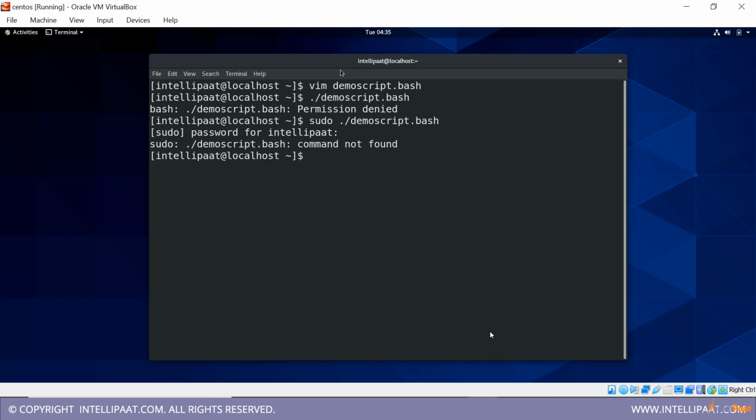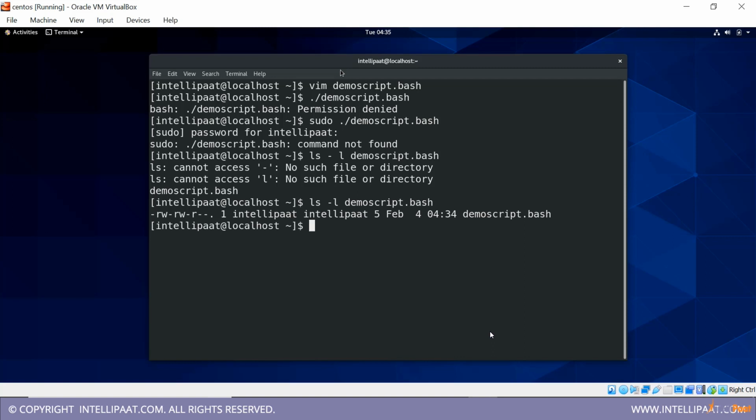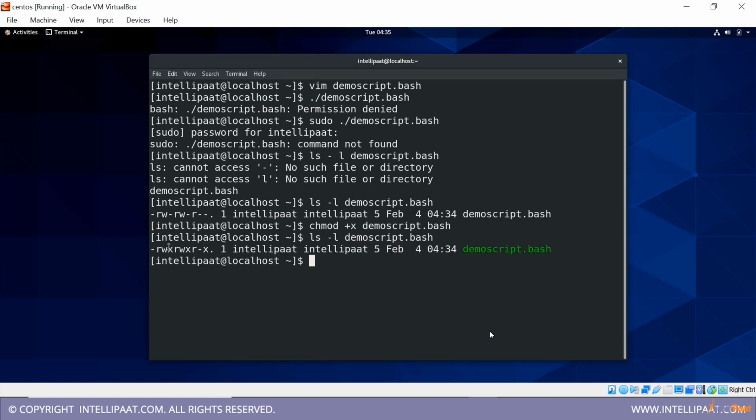Now let us see. You can see it does not have execute permissions. That is the reason it is not able to run this particular file. To provide execute permissions, I think you would know this, chmod plus x and the file name. If we look at this now, it has execute permissions, which is why it is in green color. Now it's running. As I told you, you don't need to enter the shebang, and it will still work,